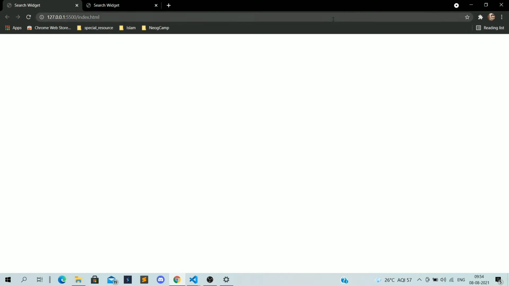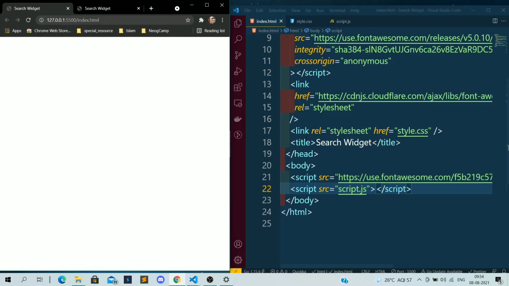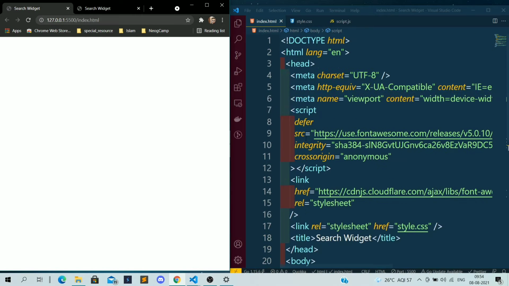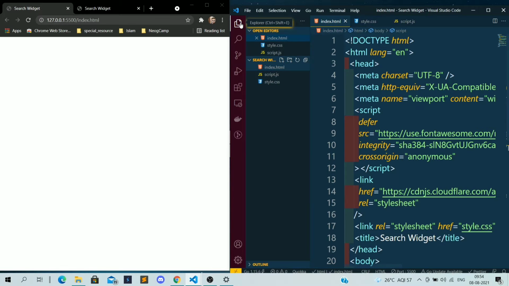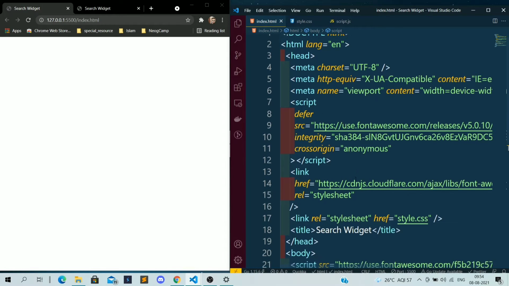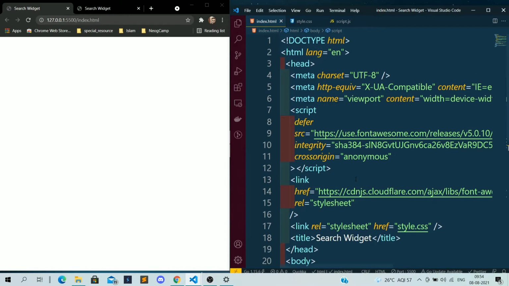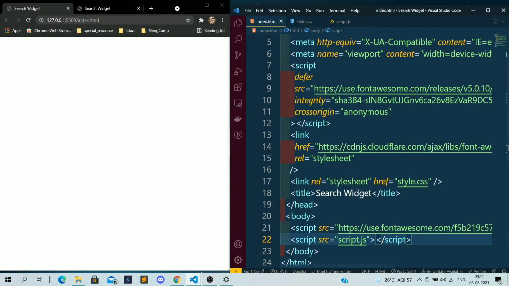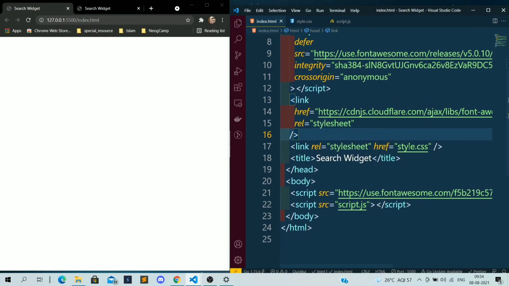So we will make this basic search widget functionality. This is our folder. We have the index.html, the script.js, and the style.css. In index.html you will see I have just imported the Font Awesome scripts, linked the style.css, and added the title, search widget, which you are seeing here.